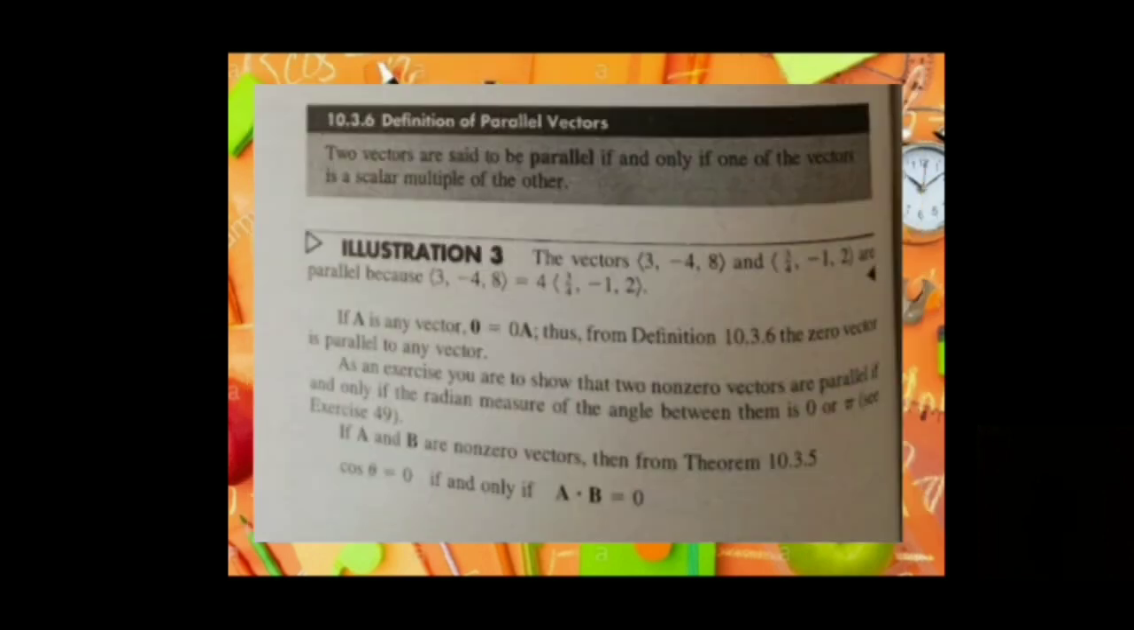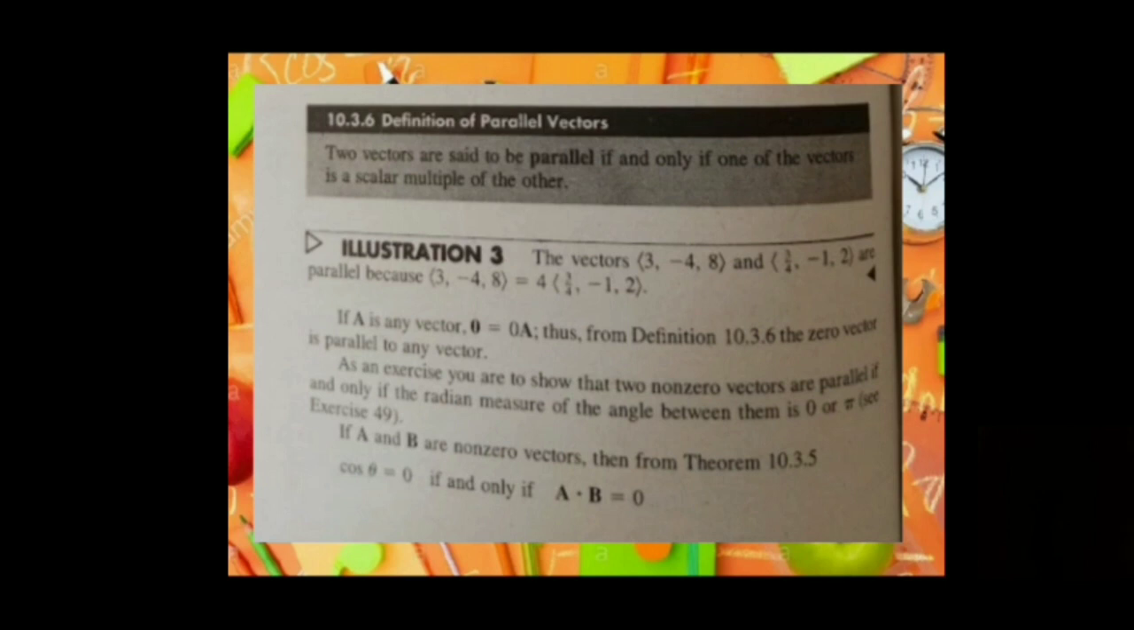You learned in section 10.1 that if two non-zero vectors are scalar multiples of each other, they have either the same or opposite directions. This fact gives us the following definition. 10.3.6 Definition of parallel vectors. Two vectors are said to be parallel if and only if one of the vectors is a scalar multiple of the other. Illustration 3. The vectors (3, negative 4, 8) and (3/4, negative 1, 2)